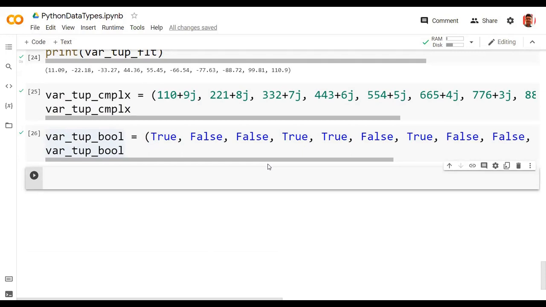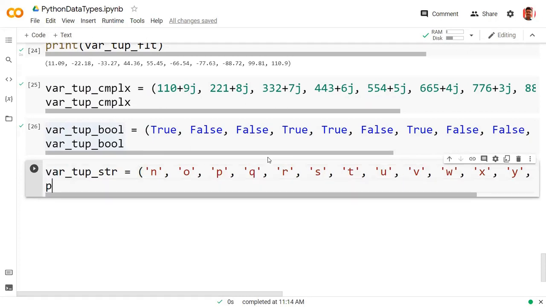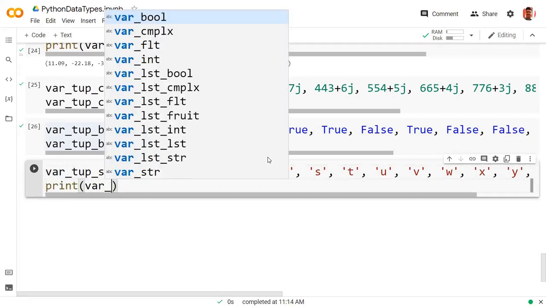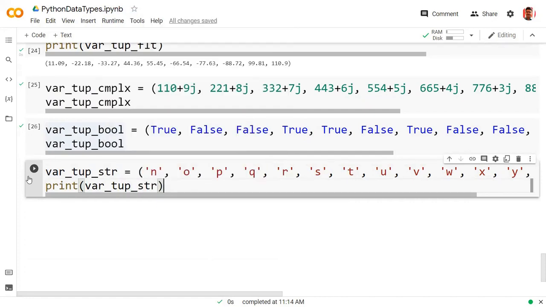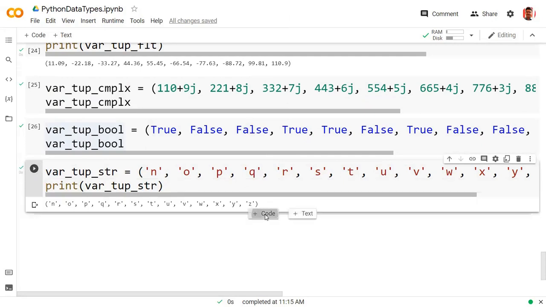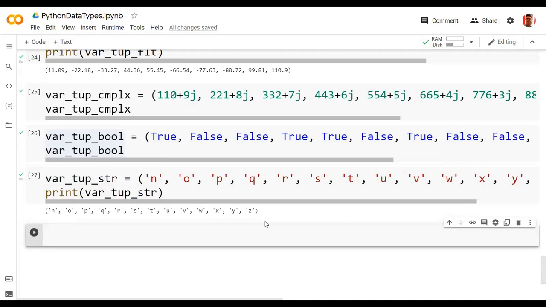We have a tuple of strings. Then you have a tuple of countries.